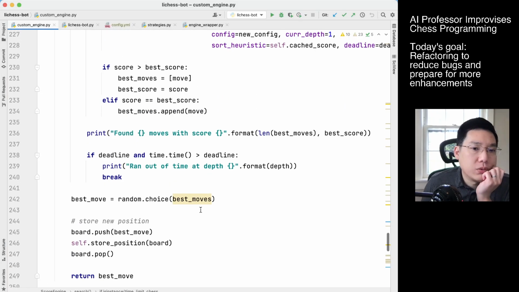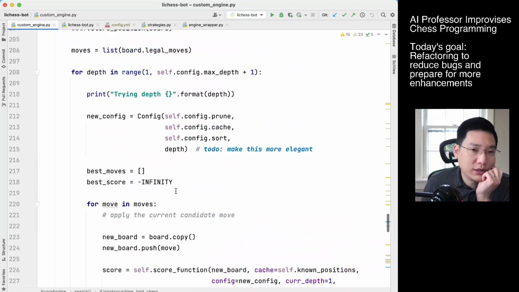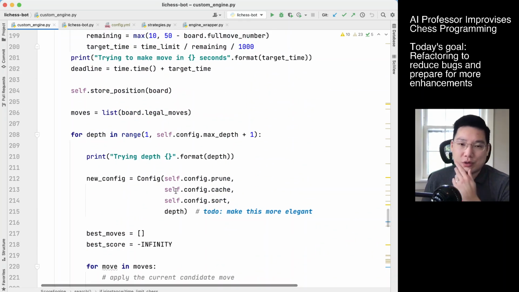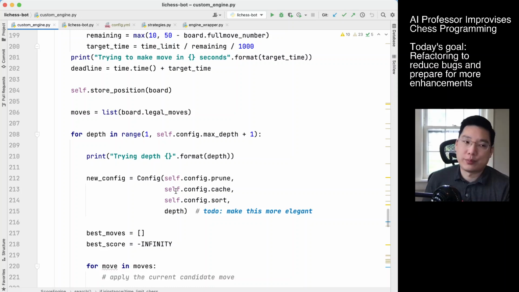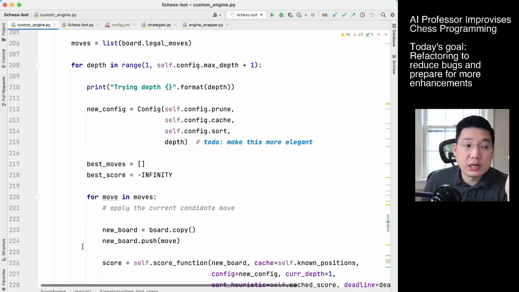So one of the things I did in between streams, after last time, is that I was a little frustrated with some of the bad moves that it was making, and so I tried to fix it and perhaps introduced more bad moves. But the way I set it up was I now have it try to select randomly among all the moves